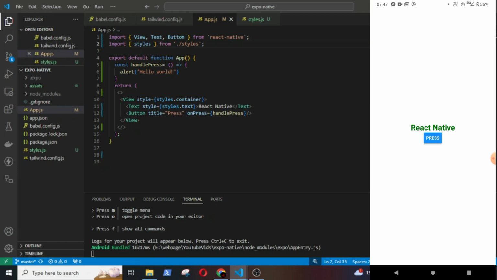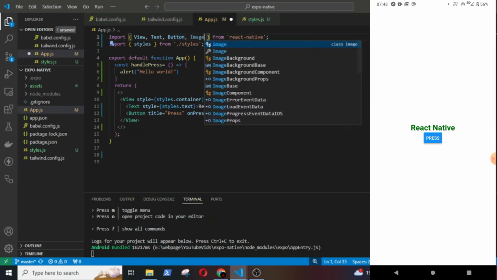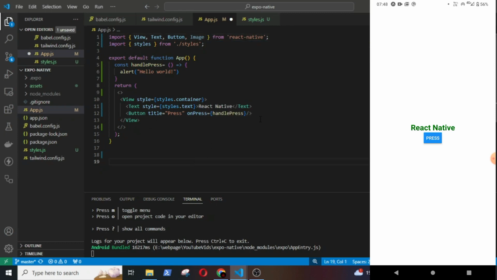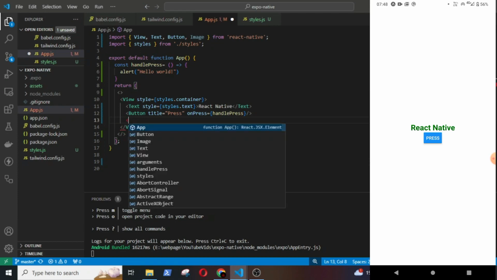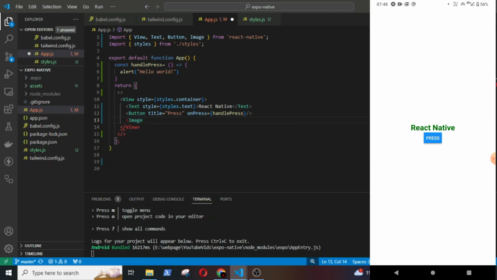Now let's explore two methods of inserting images: when the image is stored in a local directory and when it is obtained from a URI. First, we need to import the Image component from React Native. For images stored locally, we can import the image into our component file and use the require function to specify